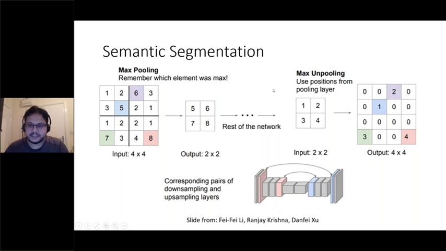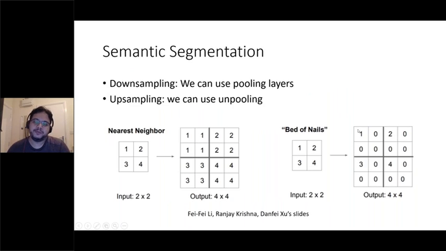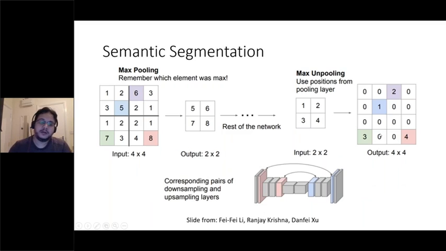Does it make sense for you guys? Is it clear here? Just remember what the maximum was before, and when you do the reverse max pooling, you don't put it like in here, only on the corner. Instead, you look at which one you took before, and you put that one in its position where it came from. Here 5 will become a 1. So this is for the max pooling with some kind of memory.